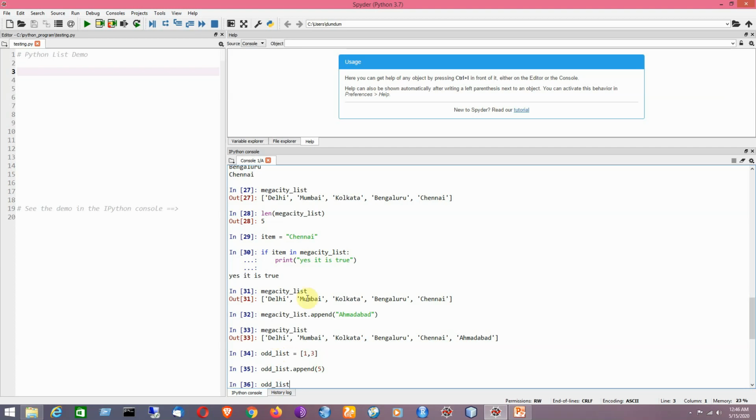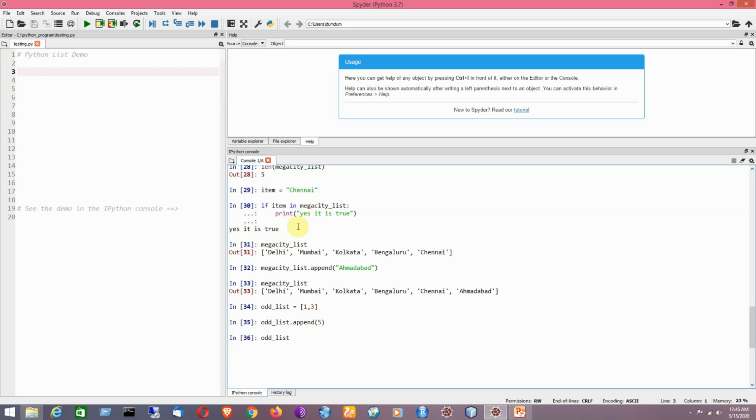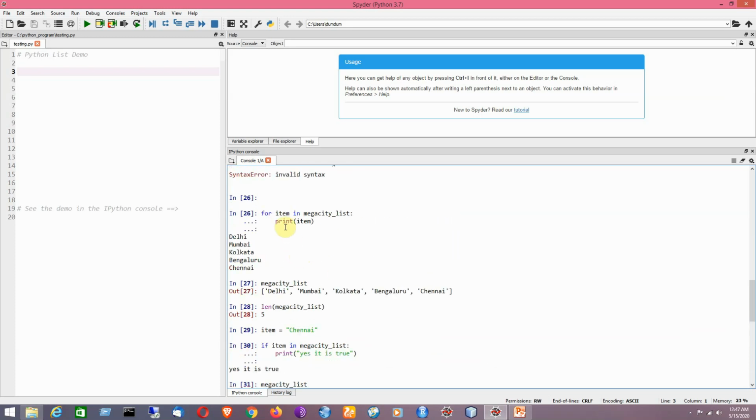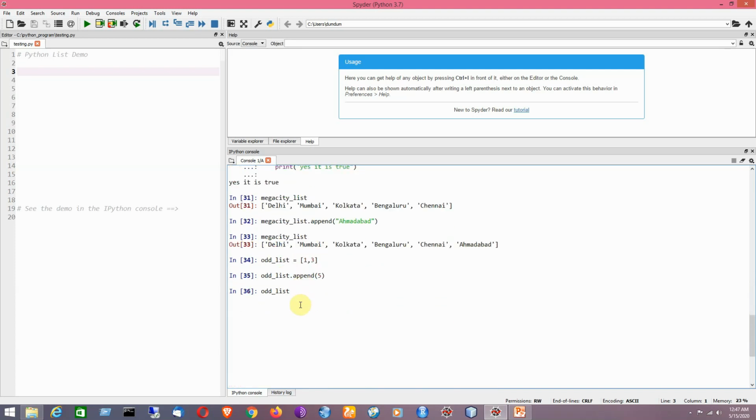I would like to remind you of one thing, I am not using the print function in most cases because the IPython console supports the printing of a variable by mentioning its name only. So that is why I am not using the print function. But while I am using control statements like the if statement or a for loop, then I am using the print function. So now I would like to print it. It is now showing the append function being applied properly. The element has been added to the end.